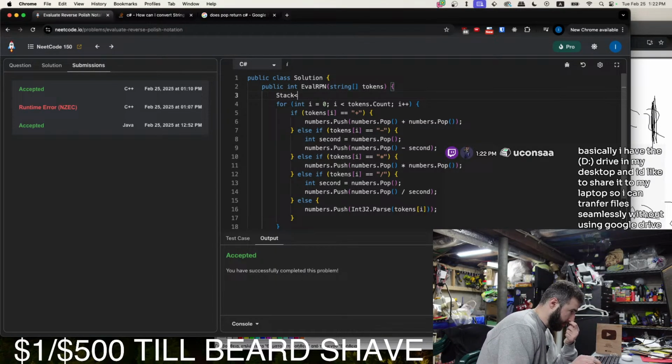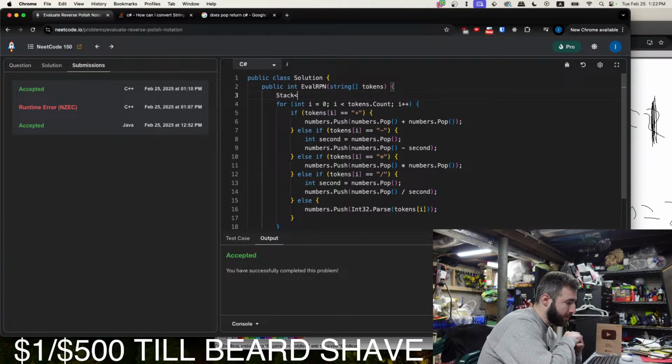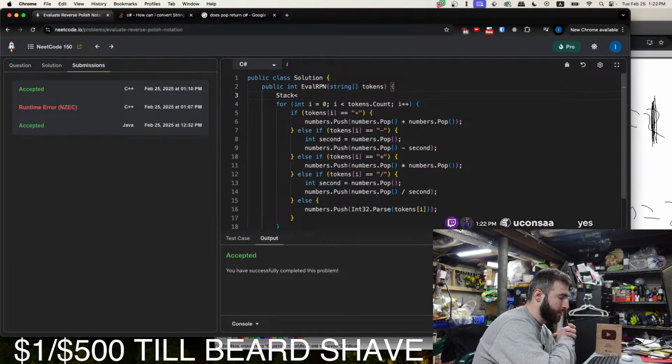Basically, I have the D drive in my desktop, and I'd like to share it to my laptop so I can transfer files seamlessly without using Google Drive. Oh, you just want to move files over from your D drive to your laptop? There's some ways you could do that. So if you have a flash drive, you could just move the files over.